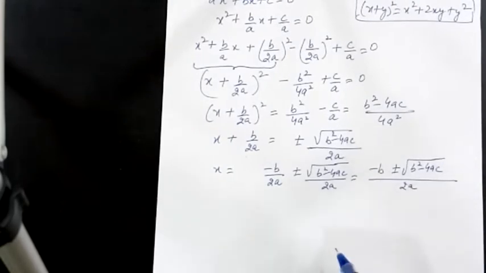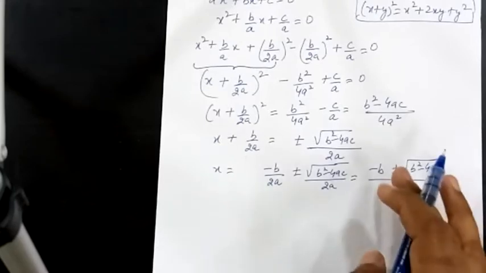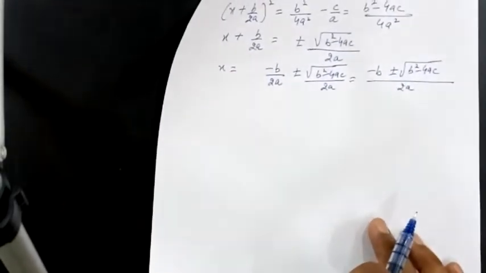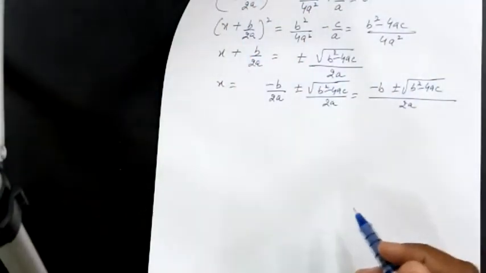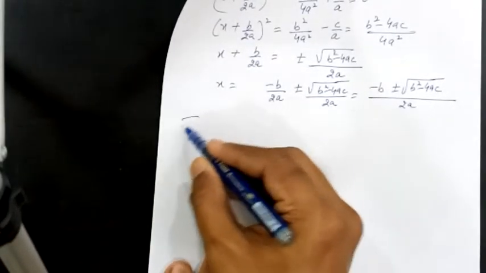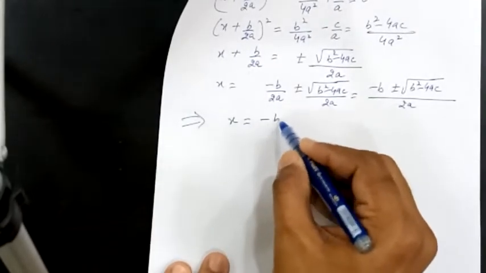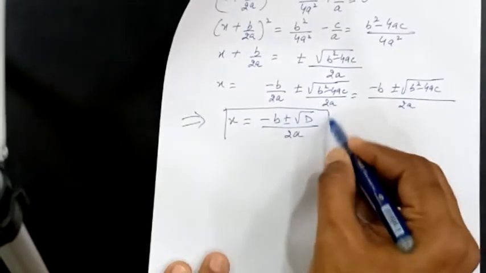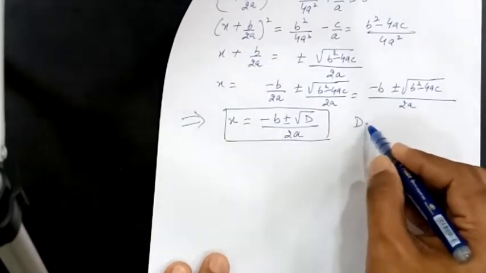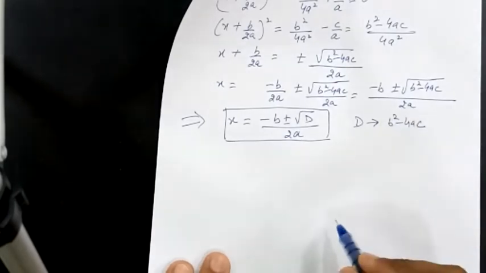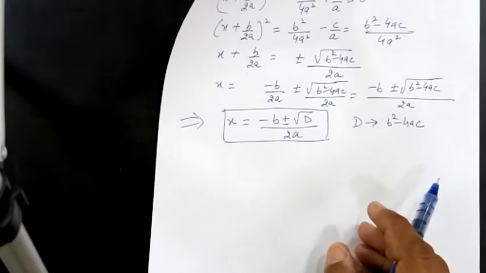This is the quadratic formula. So plus minus will give you the two values of x that you are searching for. Got it? I hope you are getting what I want to say here. So in very short, what you get is x is equal to minus b plus minus root d upon 2a. What d is, as I have told you earlier, d is nothing but the discriminant, and the value of the discriminant is b square minus 4ac. So you can write it in this manner as well.